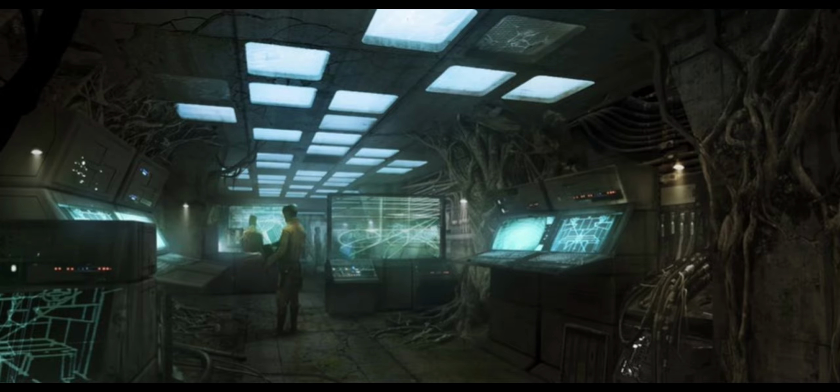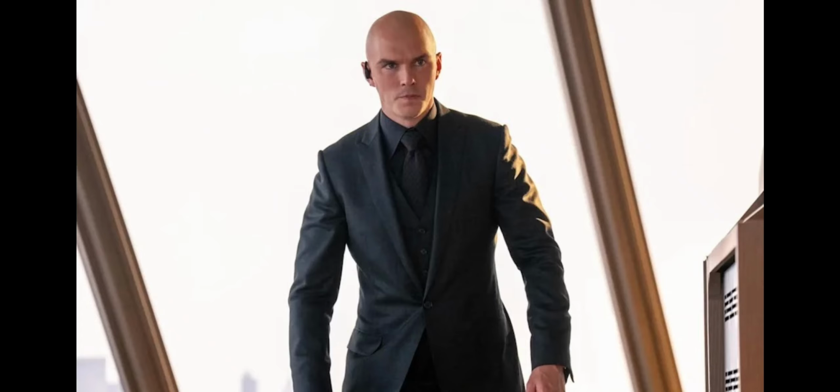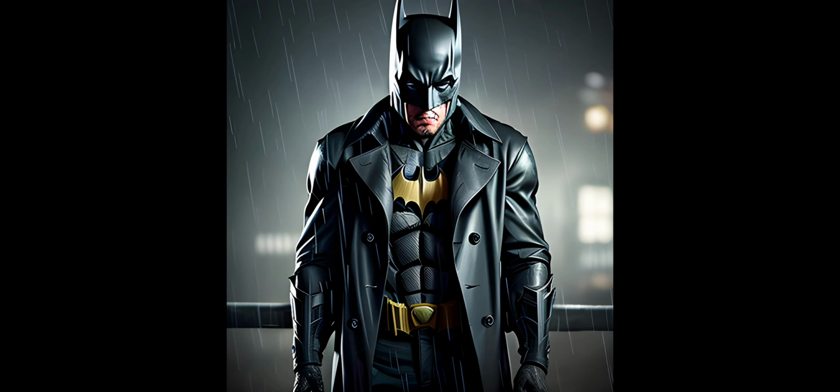And then a portal opens up right behind Lex and he quickly jumps through it. The portal leads back to the rebel base. So it appears Lex has been working with the rebels this whole time and only pretended to betray them so that he can gain access to Darkseid's inner circle so he can possibly find any weaknesses or a way to reverse the anti-life. And so when Lex reunites with the rebels, Batman quickly grabs Lex by his shirt and yells,